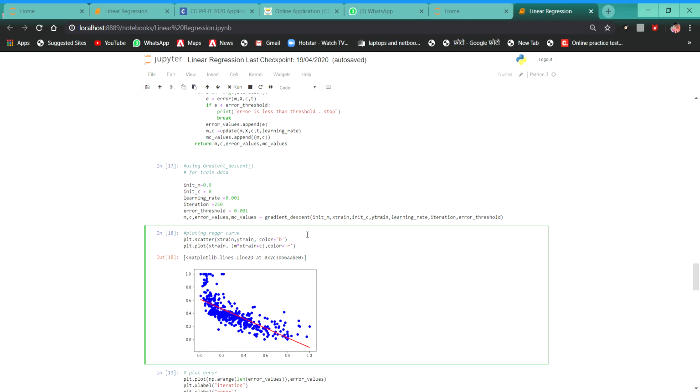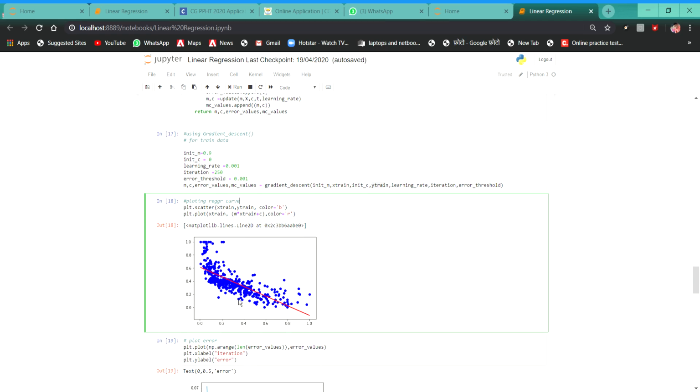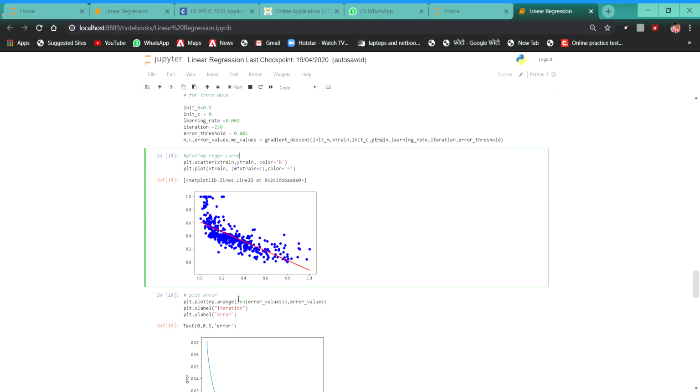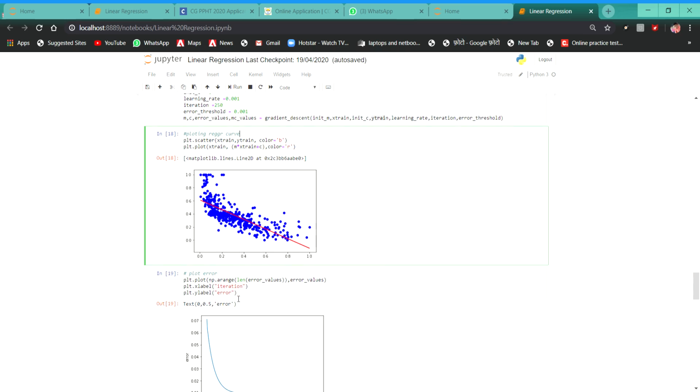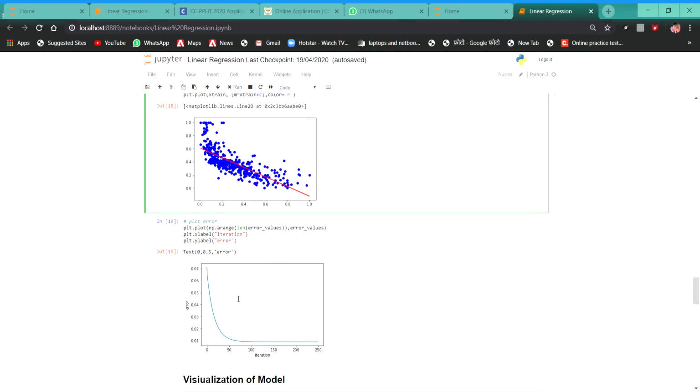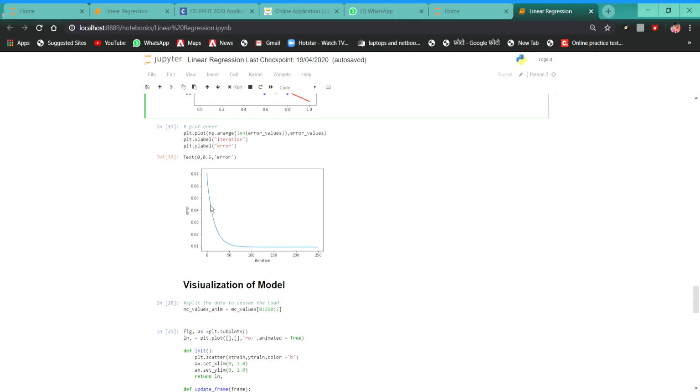Then we plot a linear regression curve using plt.scatter and plt.plot, and then we plot the error. In this graph we can see that as the number of iterations increases, the error is minimized.